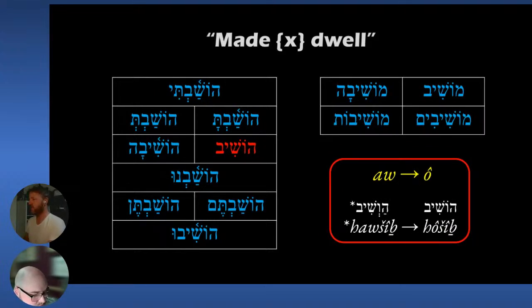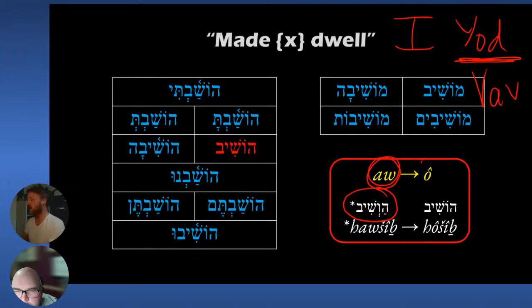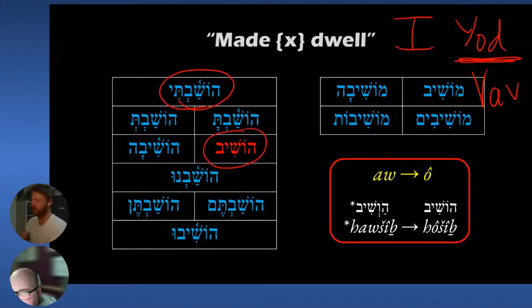Okay. Ooh, this one is going to be a little bit more difficult. This is first Yod. When Yod appears in the first position, Yod is normally a Vav, historically, in first position. It looks like Yod in the past, like Yashavti, I sat, Hu Yoshev, he is sitting. But it's actually a Vav, so it's like saying Haushiv. Haushiv, the ow in that diphthong becomes o, Hoshiv. Hoshiv. So Hoshiv is the Hiphil of Yashav. Hoshiv, he made someone sit, or he made them dwell. Hoshav,